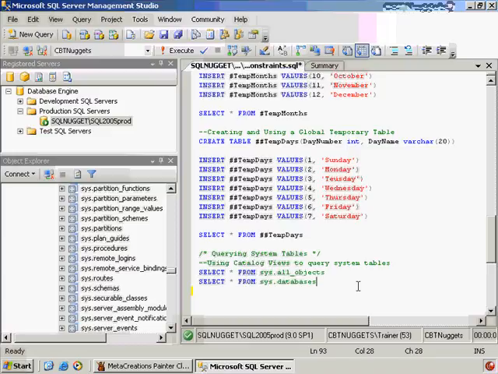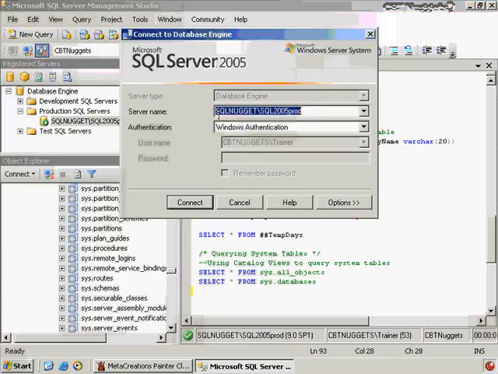Now, the last thing that I want to mention here is they didn't lock us out entirely. There is one way that you can still get in, view the data by right-clicking on the table, choosing Open Table, and actually editing the data as well. And that way is through what's called the Dedicated Administrator Connection, the DAC. And we do cover this in another video, but again, in those special circumstances where you may need to get in and view the data and edit the data in the system tables, you have to use the Dedicated Administrator Connection. And how you can do it here is you can put the word admin: